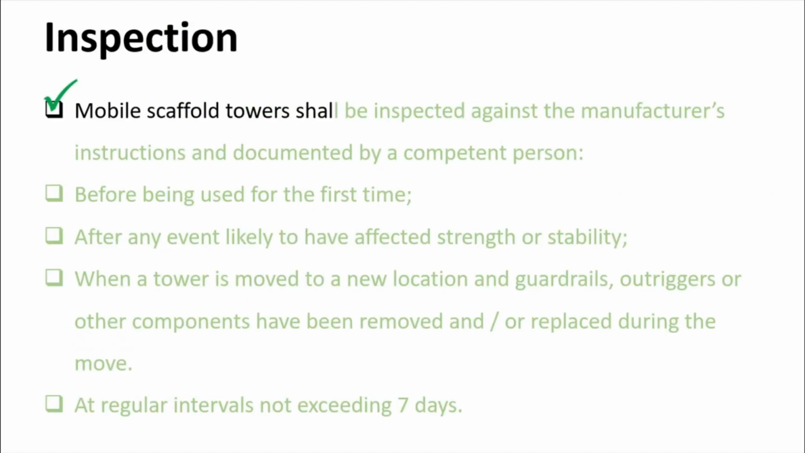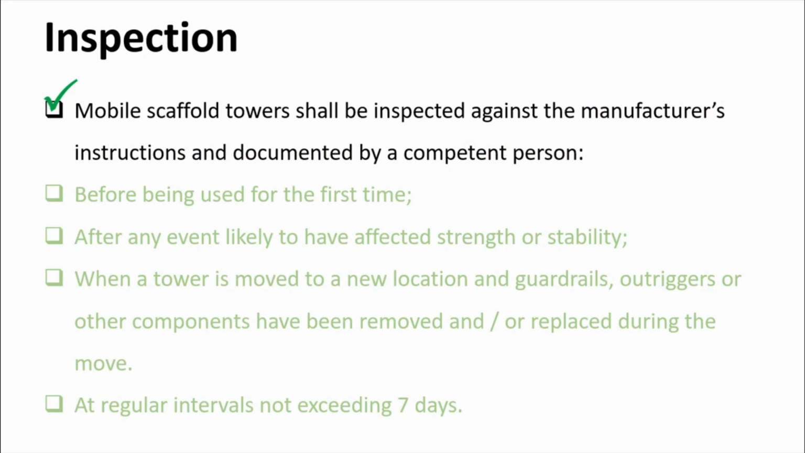Inspection. When you are doing inspection, as a minimum acceptable standard, a mobile scaffold tower shall be inspected against the manufacturer's instructions and documented by a competent person. So when you are using a mobile scaffold tower, it should be inspected in everything, from the ground up to the top levels of the scaffold, and this should be recorded and filed by a competent person